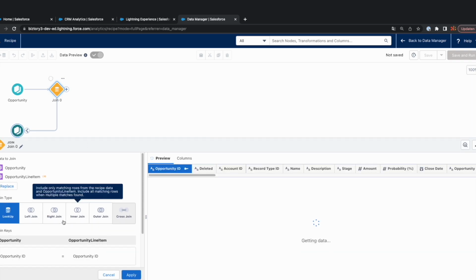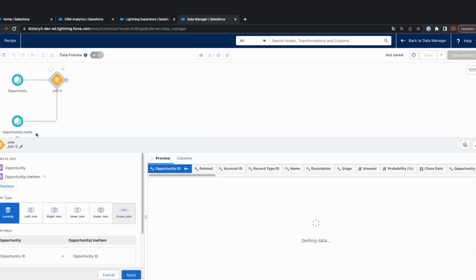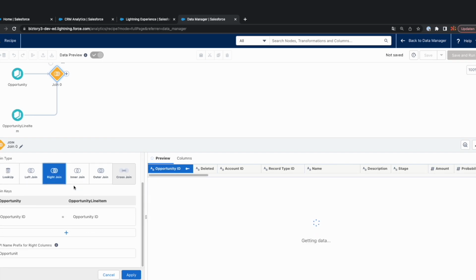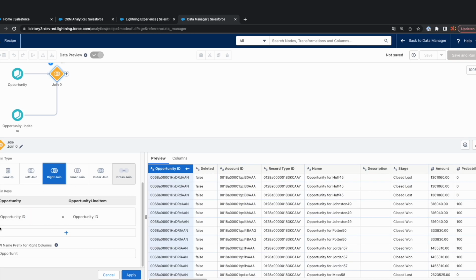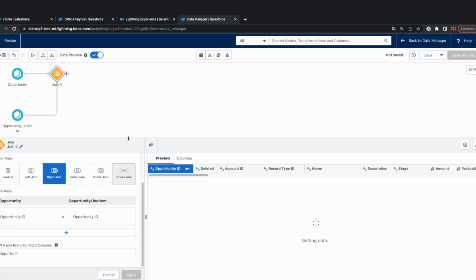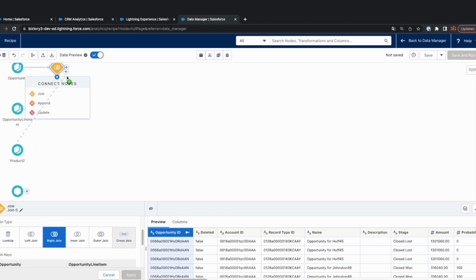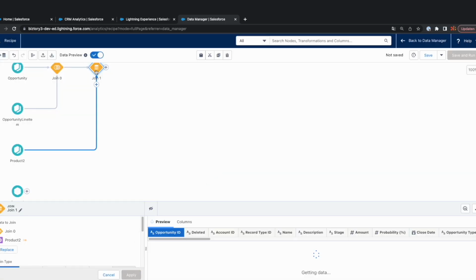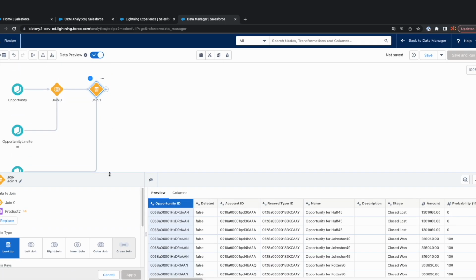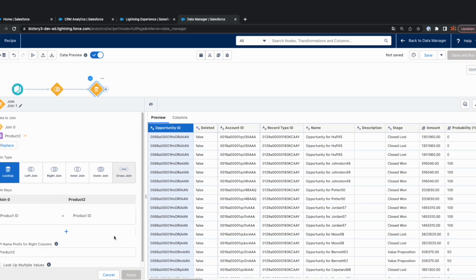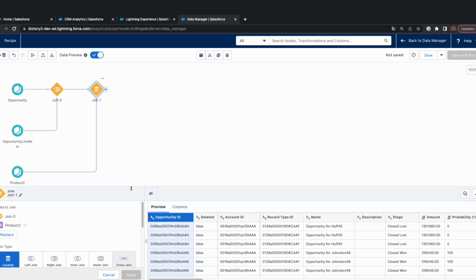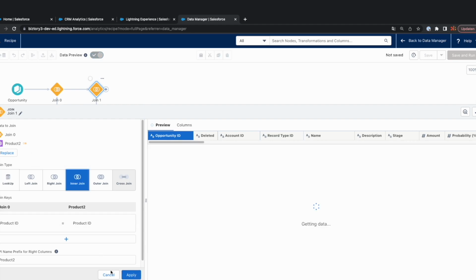Now we want to do a right join because the order line item is the granularity I want to keep, so I will select right join here. We're lucky, Salesforce knows itself, so it identifies the opportunity ID as join key. I will now continue to product. For the second join, we can click to double check. First click apply, then we will see that once again product ID, and I want to be sure that for every line item there is a product linked to it, so I will select the inner join for this case,